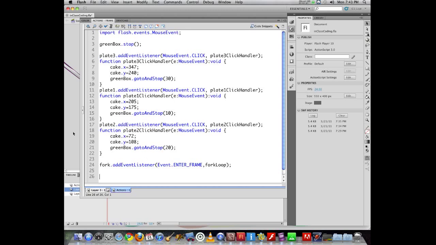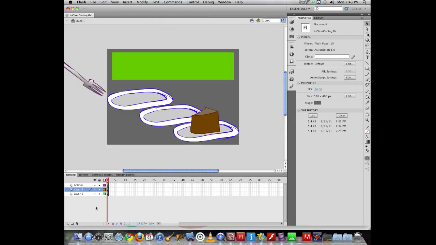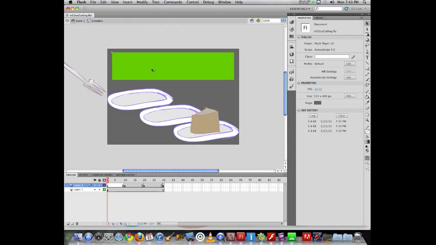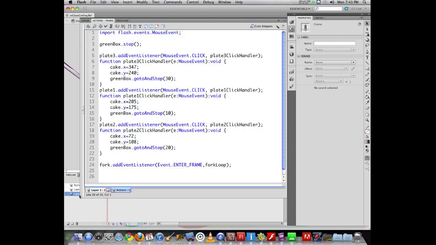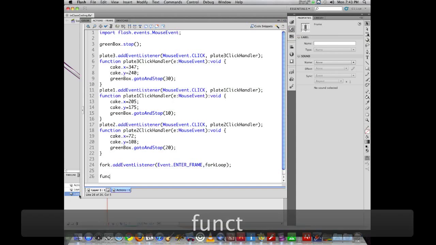So your main timeline, if you look at that, currently it's 1 frame long. If I go to green here, so every time the playback head goes to a new frame, that's triggering an event or the enter frame loop. So this movie clip of this fork as it's going across, I want every time it enters a frame, I want it to move. So I now can say function fork loop